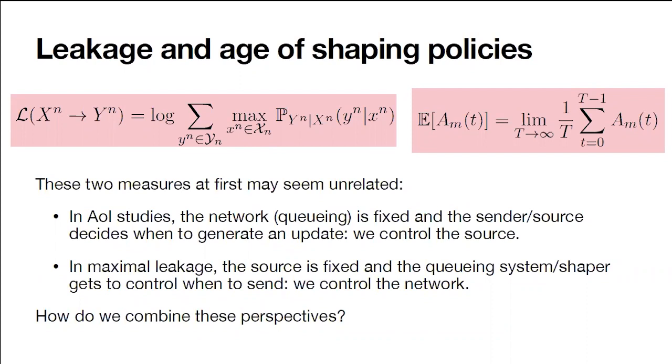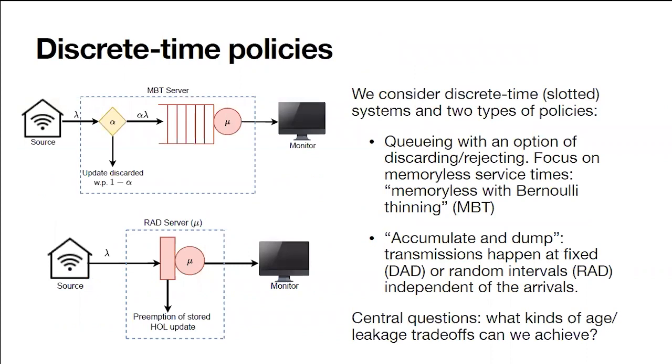Whereas in maximal leakage, you're saying the person is typing whatever they're going to type, and I'm going to control when I decide to send something. So what you get to control is different in the two models. So the question is, how do you combine these two perspectives? This is the ongoing question that we're looking at. But we started out by looking at just fixing some policies, and then trying to understand